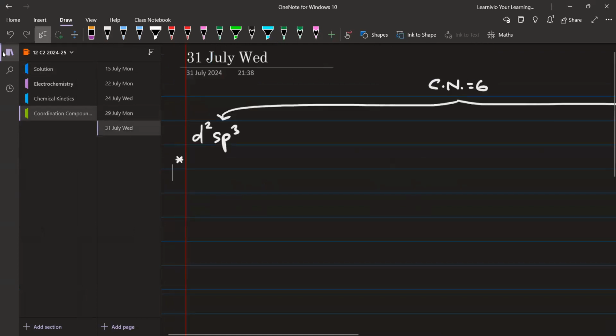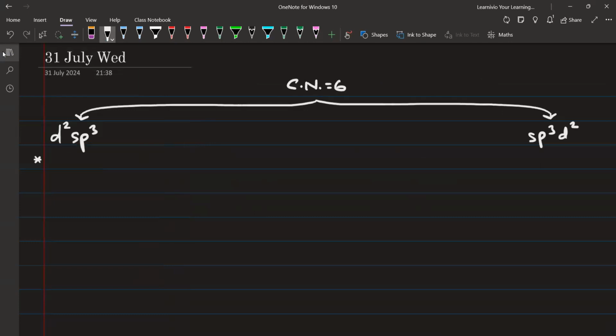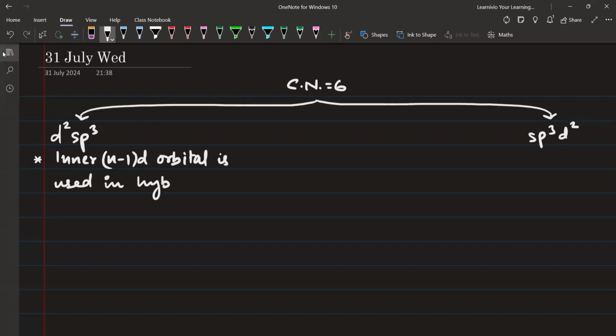That means the d subshell which is being used is n minus 1, one less than the outermost. So please write here: inner, n minus 1 d orbital is used in hybridization. Next, this is known as inner orbital